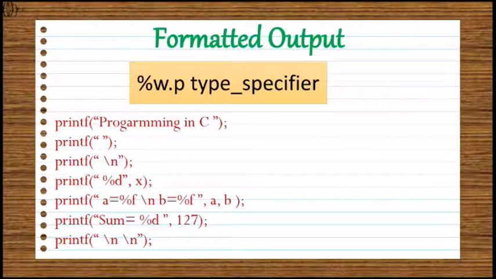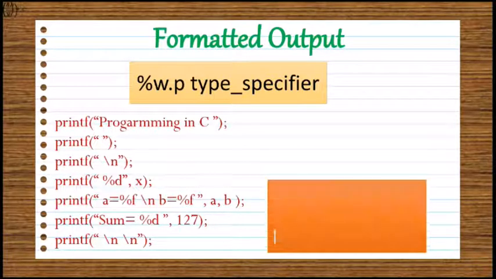Next example, printf \n and again \n. So here on output screen, first cursor will go to the next line for first \n, and then again there is another \n. So the cursor will go again for the next line. So here also we are printing nothing but just moving 2 lines ahead.